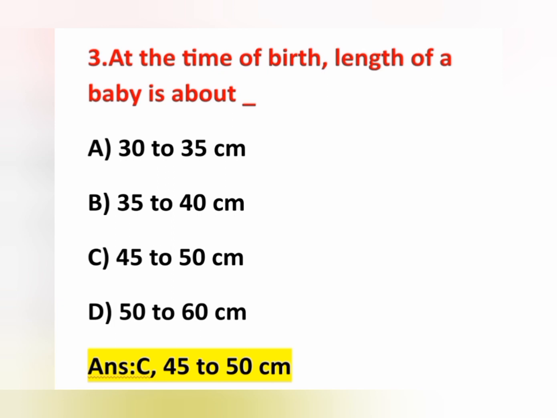So here the length of a newborn at birth is about 45 to 50 centimeter. Okay, and the birth height, length or height, the height doubles at the age of 4 years. Okay, birth height doubles at 4 years, and birth height triples at the age of 13 to 15 years. So at birth 45 to 50 centimeter, and it doubles by 4 years, and it triples by 13 to 15 years.